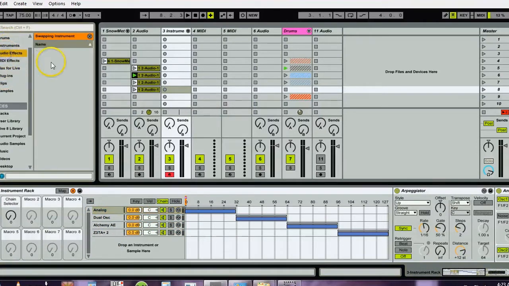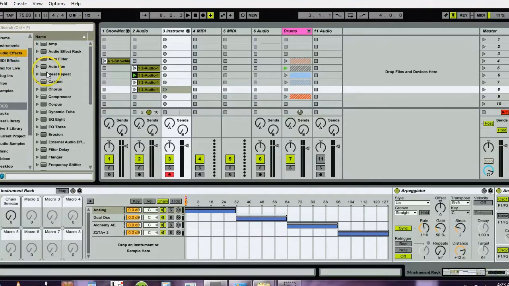This time, what I'm going to do is go into my plugins. And actually, I'll go to audio effects first. Oh, I don't want hot swapping any longer. Go into the audio effects, and I'll grab an auto filter, and I'll put that on the dual OSC. And I'll grab an erosion, and I'll put that on the analog. Yep. And then I'll go into my plugins,